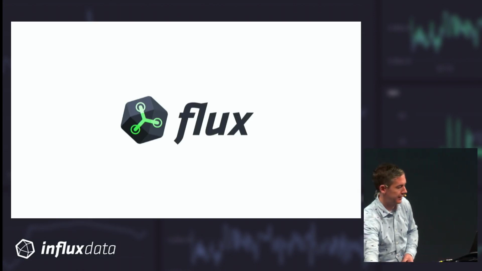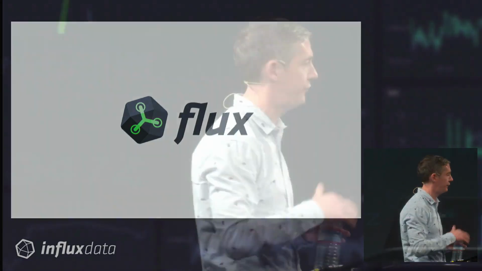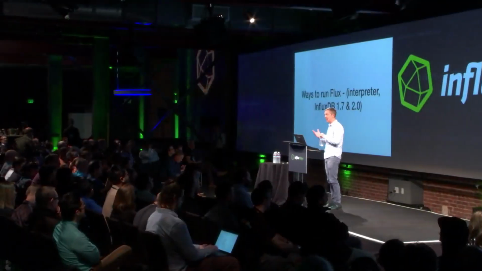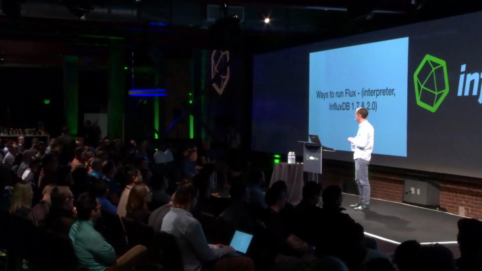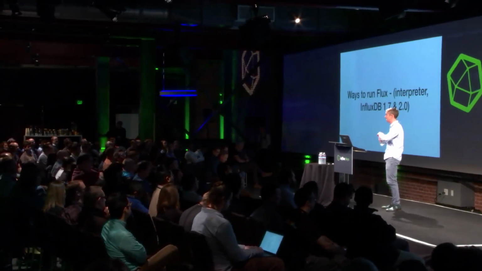So let's get back to Flux. I'll talk about this, and I want to use Flux's functionality as a way to highlight the things that we're looking at delivering in 2.0, right? So first off, there are a few different ways to run Flux. Right now, InfluxDB 1.7 is the one method that's supported. We cut the 1.7 release last night